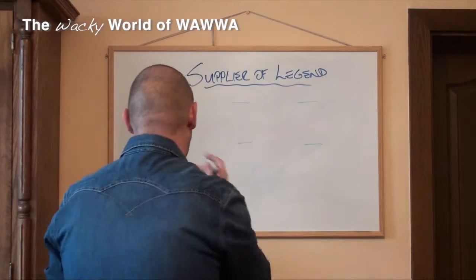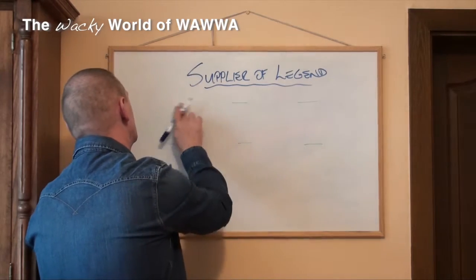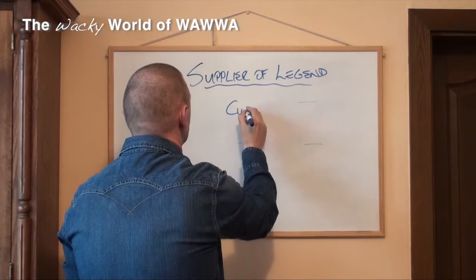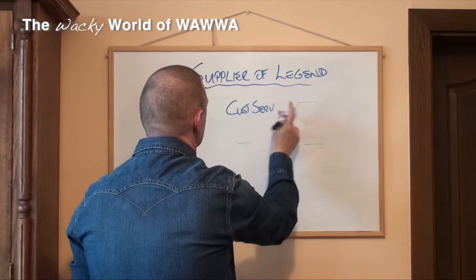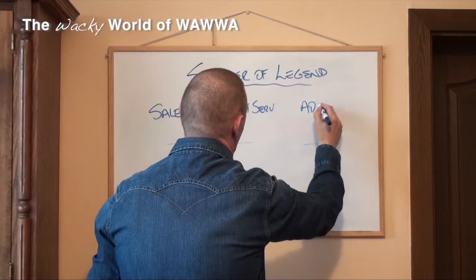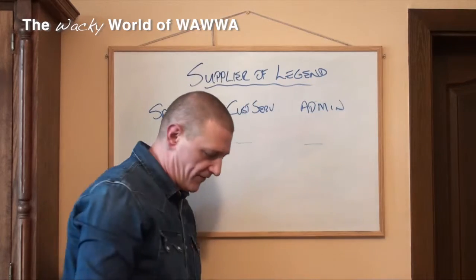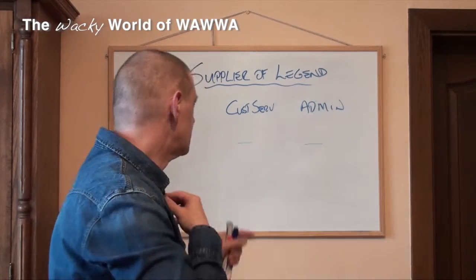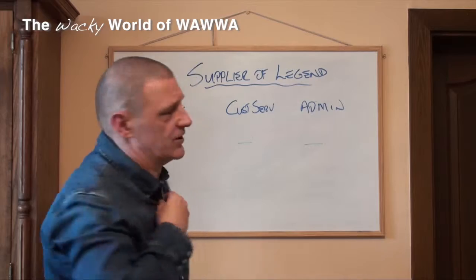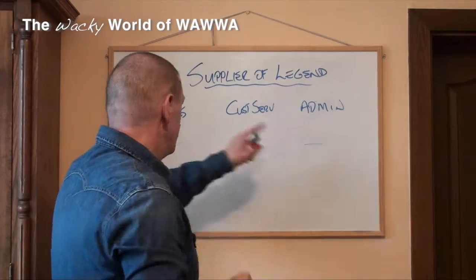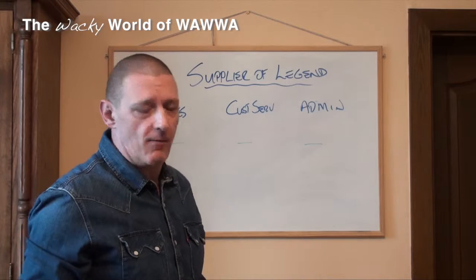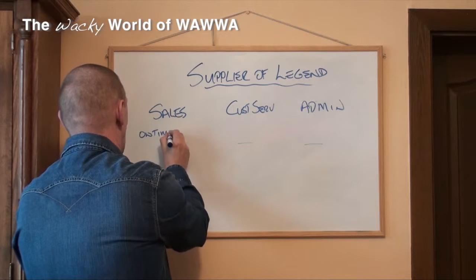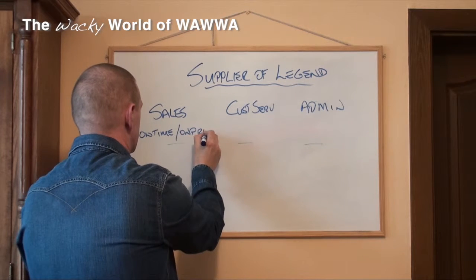Within each of our departments, and just as a simple operational structure, let's say that we have sales, customer service, and administration. And administration covers all of the funky departments that keep an organisation, as a ship, afloat. Within each of these departments, there would then be a departmental objective. For sales, let's choose on time and on price.